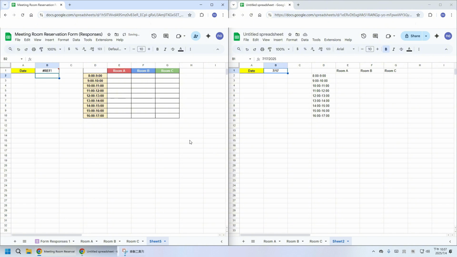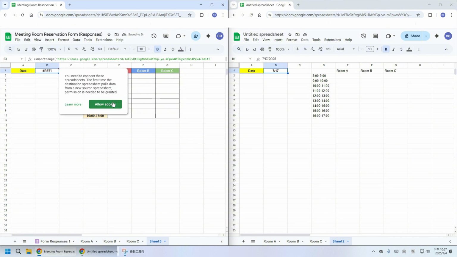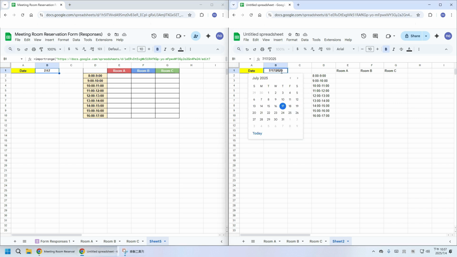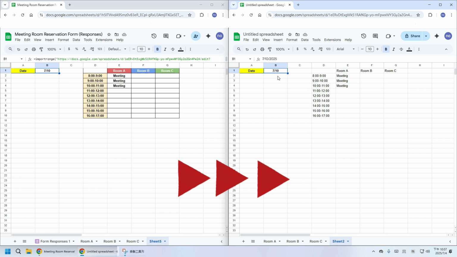We need to press allow access again. Now we can try selecting a date here to see if it works. As I said, there's going to be a slight delay in response. After we complete the test,